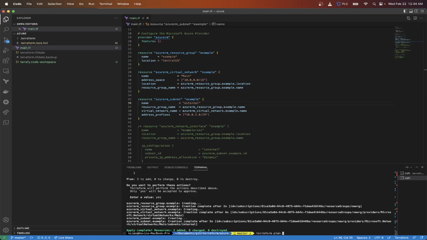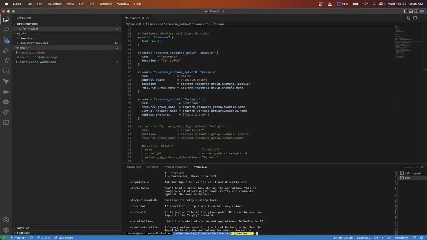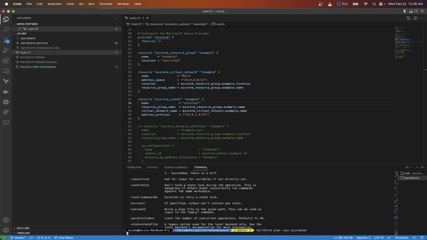And then what you can do is use an out. If you do -h, you can see what that argument looks like. So -out, and we're just going to put it in the same path that we're in. So I'm going to do a Terraform plan -out. I'm going to call it azure plan. You can name it whatever you want. Then when that gets generated, we can also view that plan